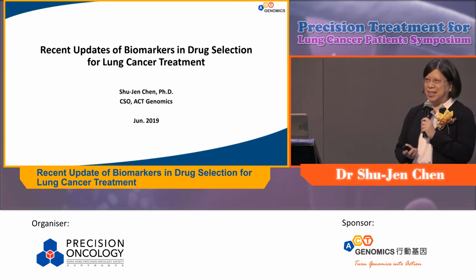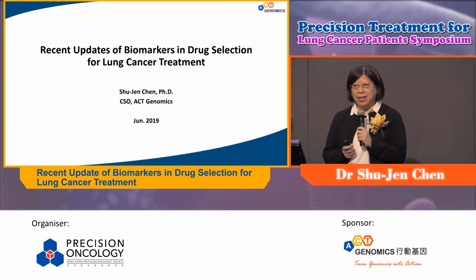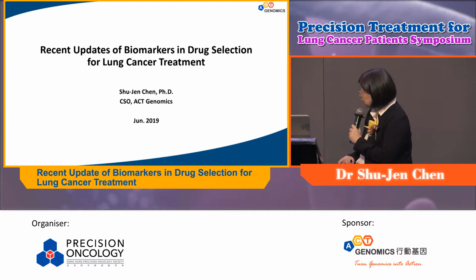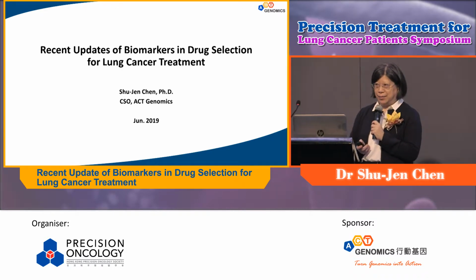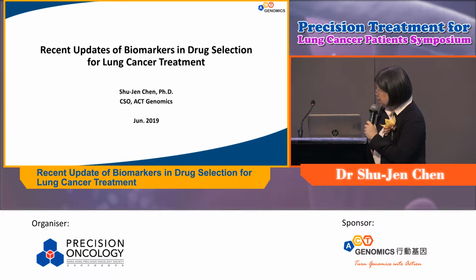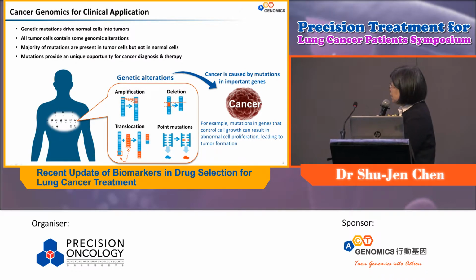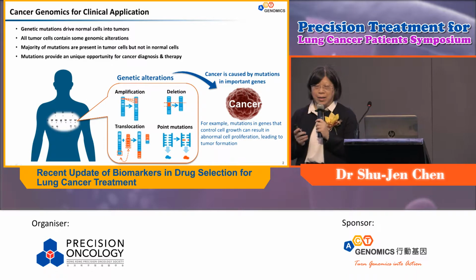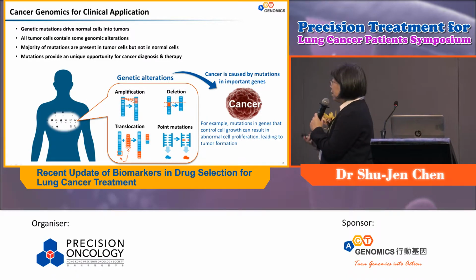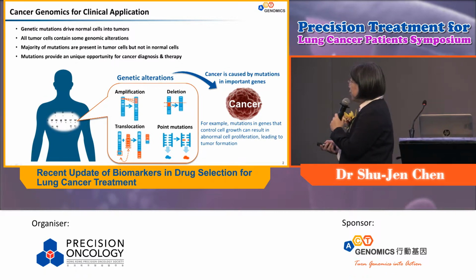So what I'm going to do today is to give you a brief overview, particularly on the recent update of biomarkers. And these are biomarkers that have pretty clear clinical implication, particularly for treatment selection for lung cancer patients. Okay, so we all know that cancer is actually a genomic disease. And so cancer genomics definitely have a very clear clinical application, particularly for disease diagnosis, as well as for treatment